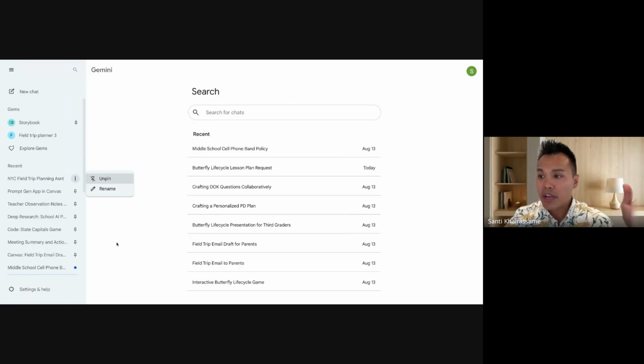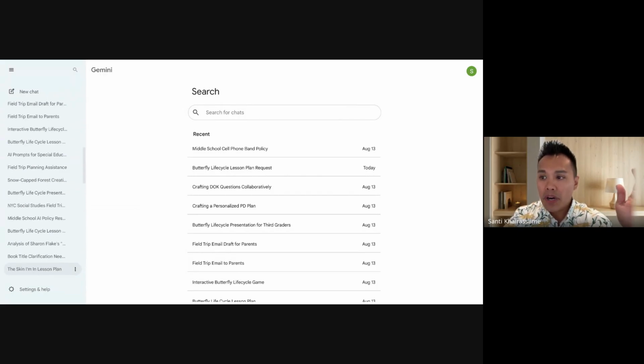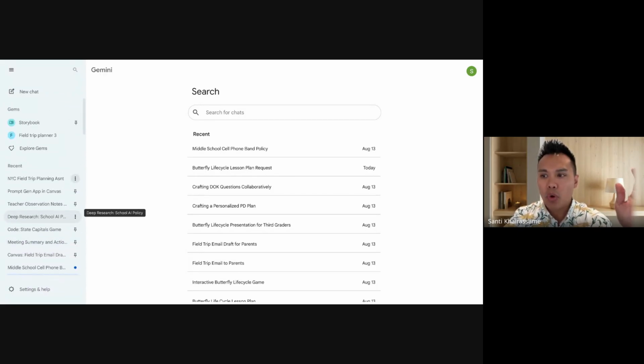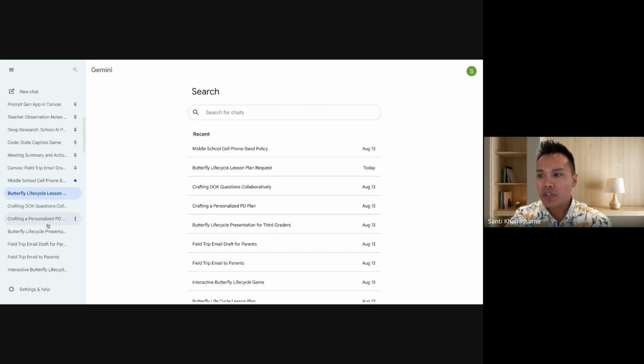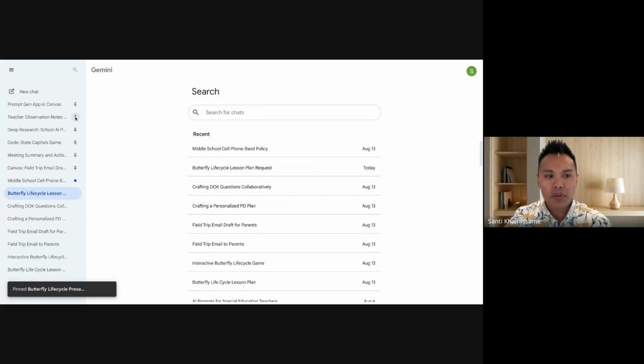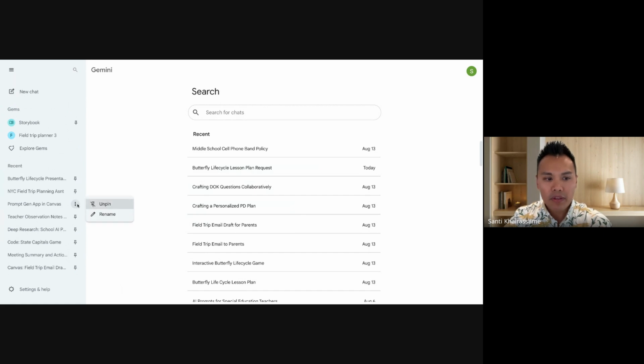So all the chats that I ever had with Gemini in my New York City account are all in there and it's all messy. But there are certain things you can do to help organize it. If you click on these 3 dots, you can rename your chat to give it a name that will help you find it, or you can pin them. If you pin a chat, it's just like in Outlook, it shows up at the top. All your pinned chats are at the top, and then all your other chats are at the bottom. Okay, so again, at the moment, you cannot delete a chat. That may or may not change in the near future.